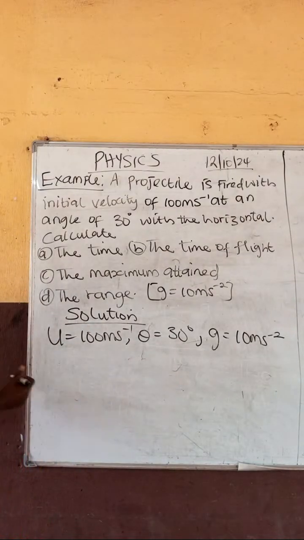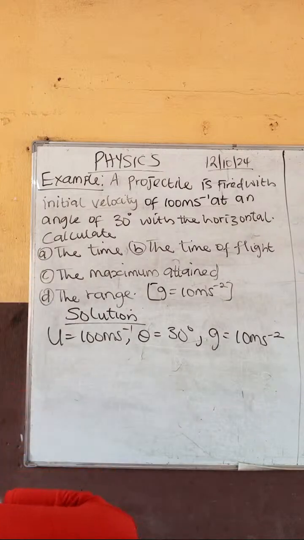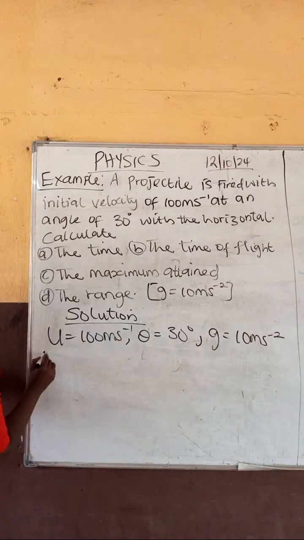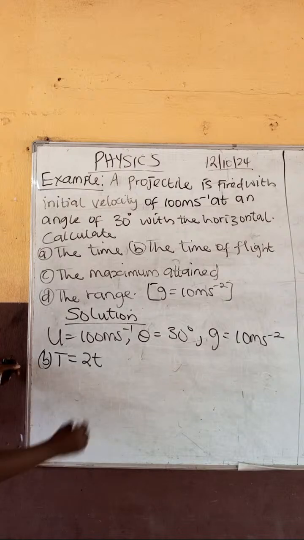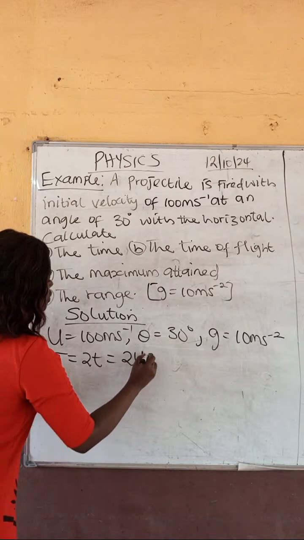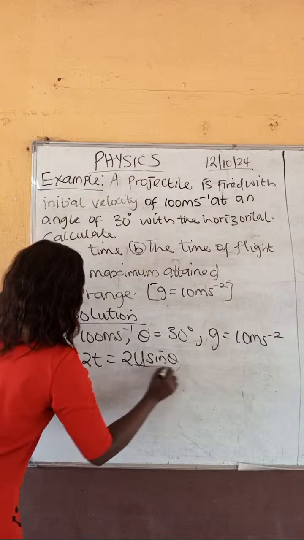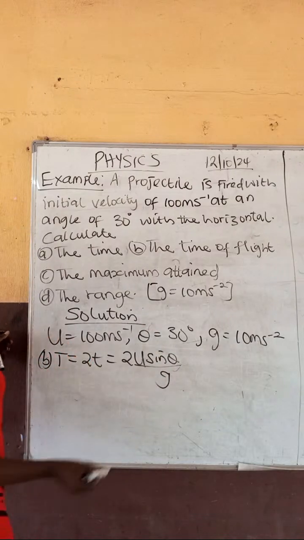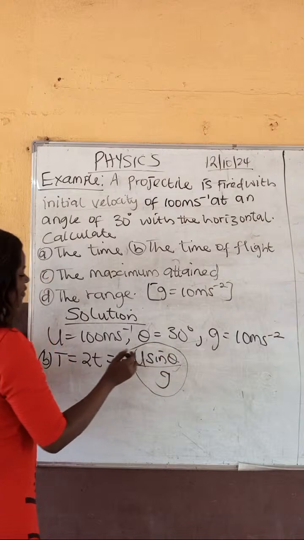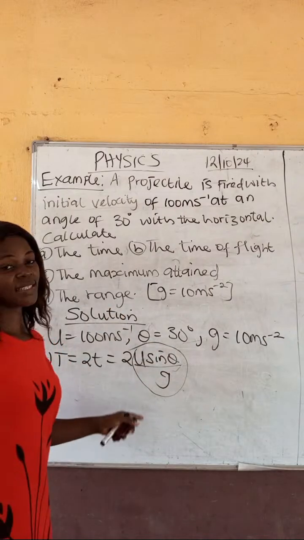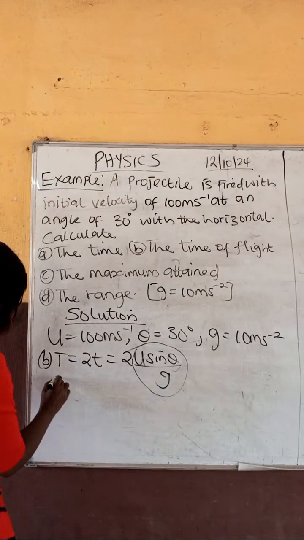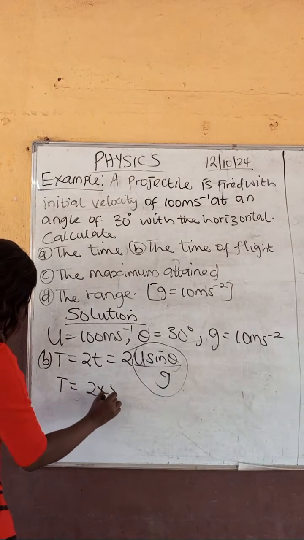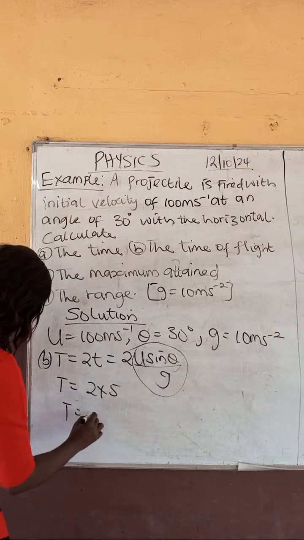Now for us to get the next one, which is the time of flight, that is my B. I'm going to say time of flight T is 2 what? 2T. Or you can still say 2U sine theta over G. I've already gotten this to be 5. Simply put it inside here and multiply by 2. That gives us our answer by saying that T is equal to 2 times 5, then T is equal to